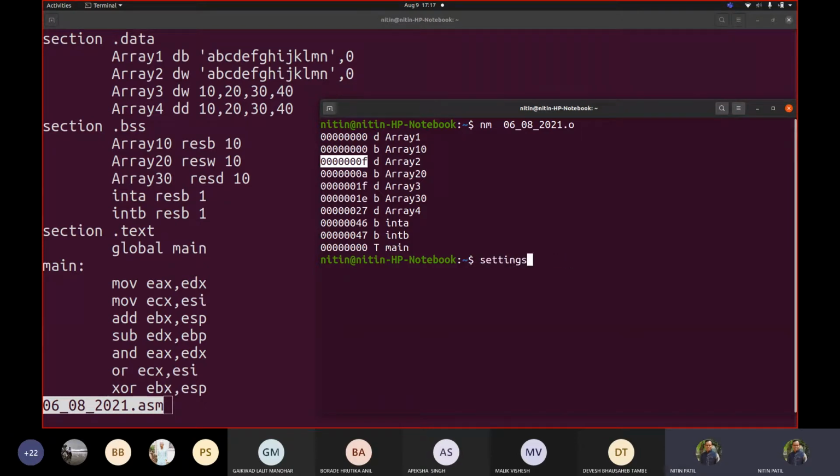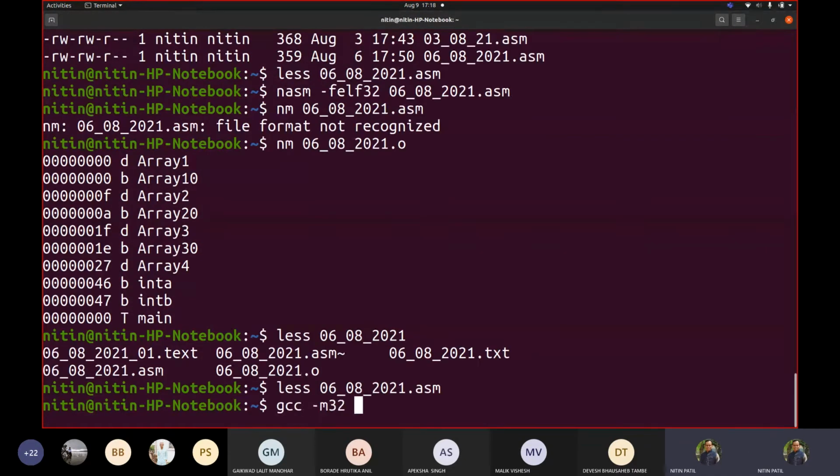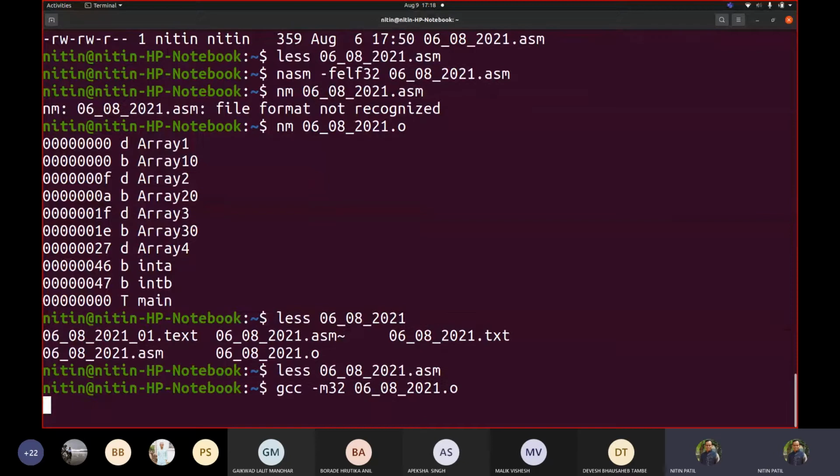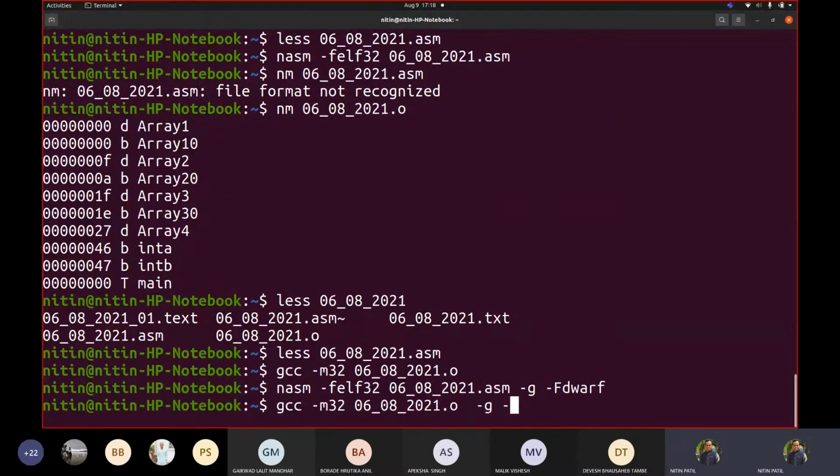Correct. So if I generate an executable from it, let us go here and run gcc -m32 060821.asm, and let me add some more things here, gcc -g -dwarf.